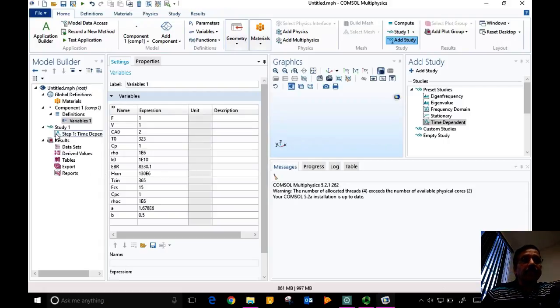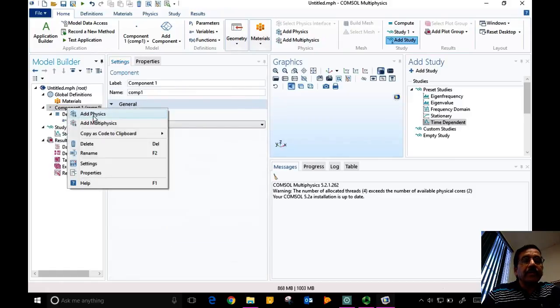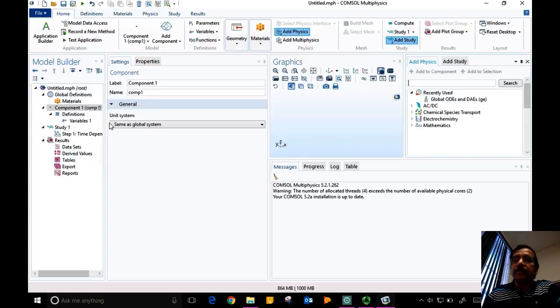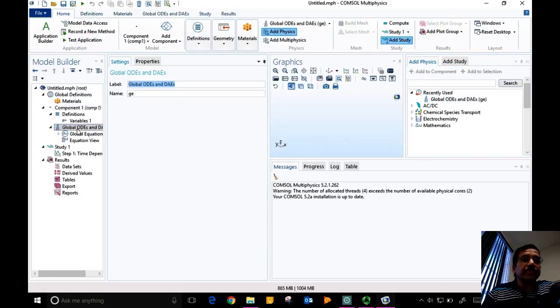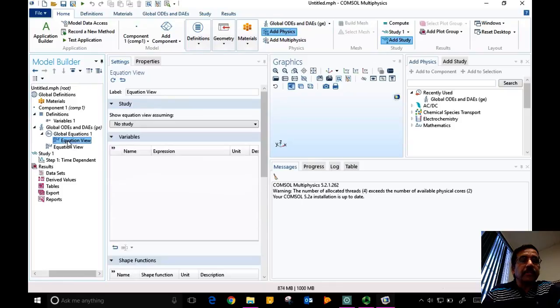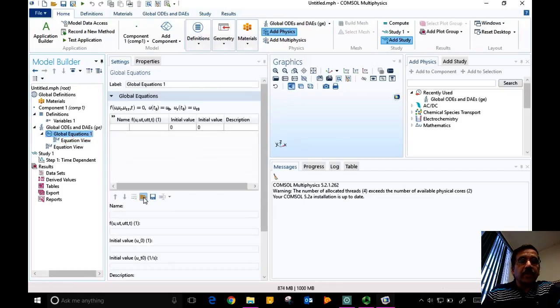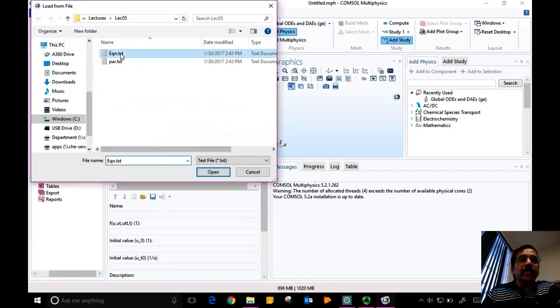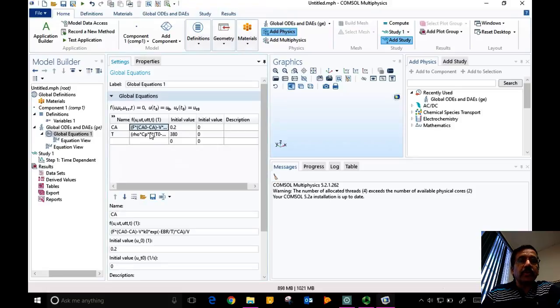And then go to equations, add physics, global ODE and DAE, add that, equation view, and you can open the equation text